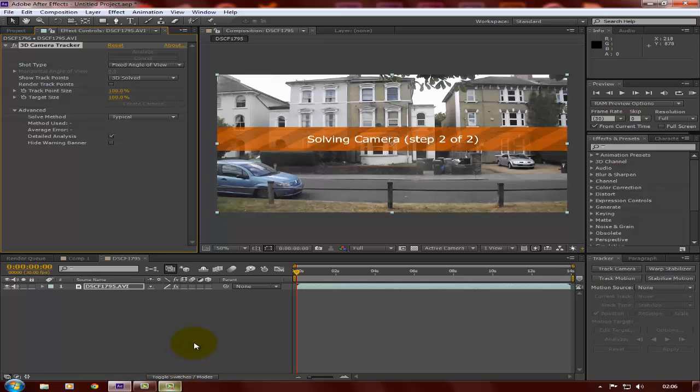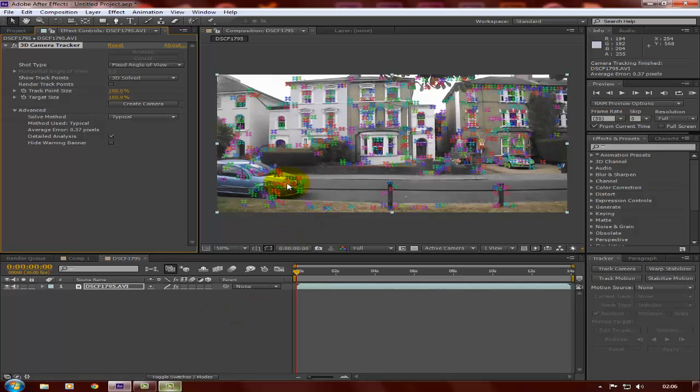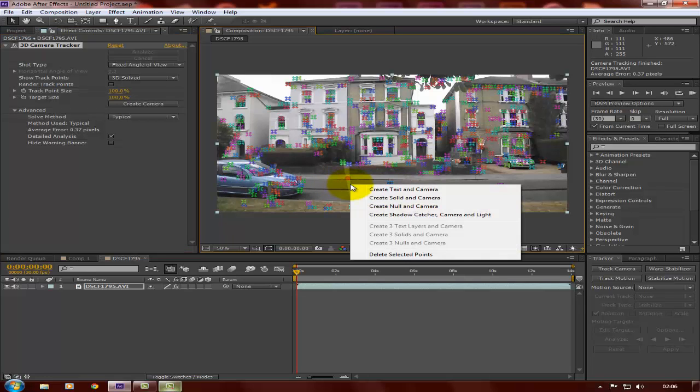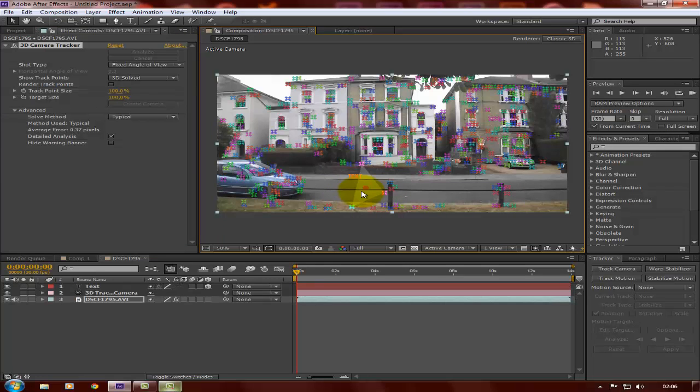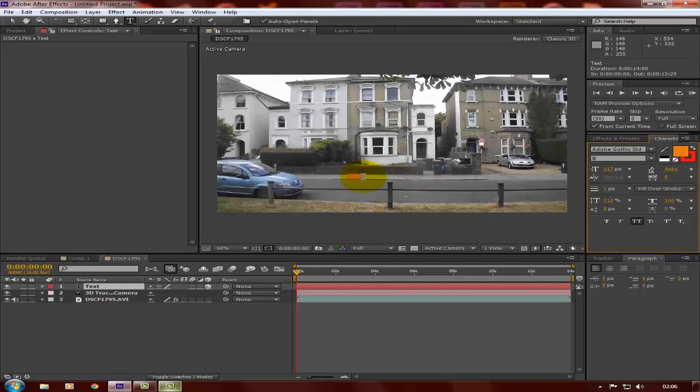And there we go. It basically tracks it to perfection really, all your windows, your poles and stuff like that, and it gives you the points where you can add your text, which is pretty incredible. So we just find a nice point to put some text on. Let's say we'll do it here, and then you've got these sections here. If we create a text, we can double click on our text, and then type anything we want, like